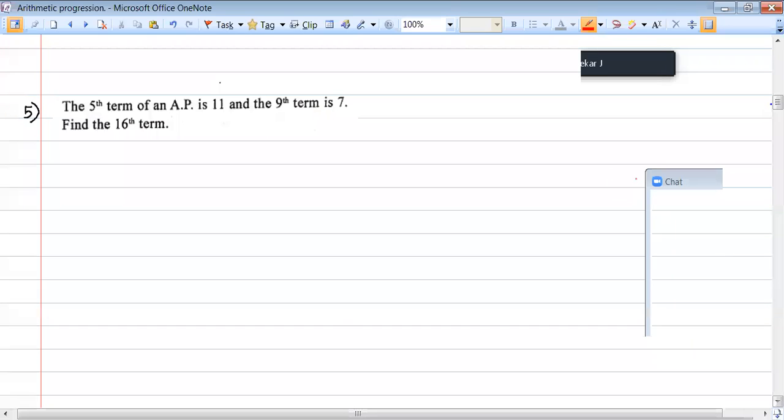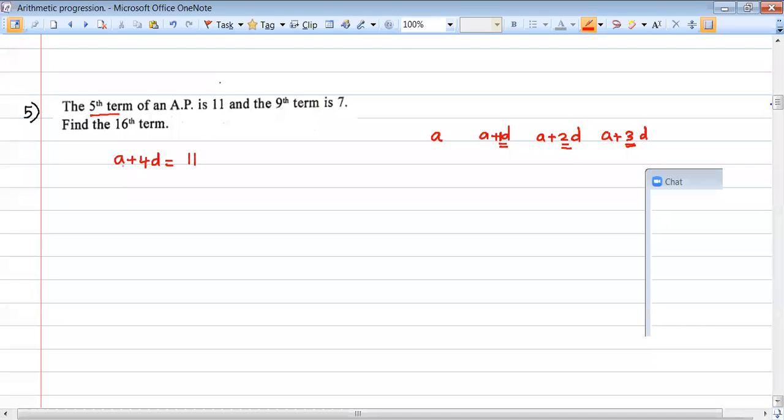Sir, I didn't understand. Please explain to me. Srivarsan, I'll explain to you. Everyone pay attention. Fifth term of an AP. Everyone try to understand. First term in an AP is A. Second term in an AP is A plus D. Third term in an AP is A plus 2D. Third term means 2 will come here. Second term means 1 will come here. What about the fourth term? Fourth term means 3 will come here. That is A plus n minus 1 into D. So how can we write the fifth term? A plus 4D. A plus 4D is equal to 11.